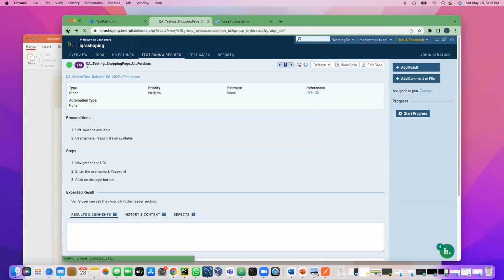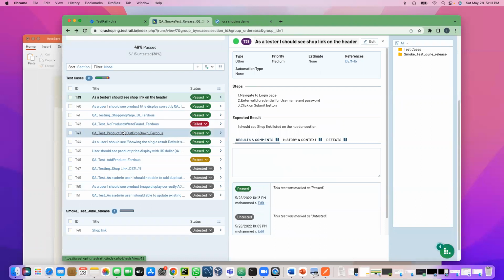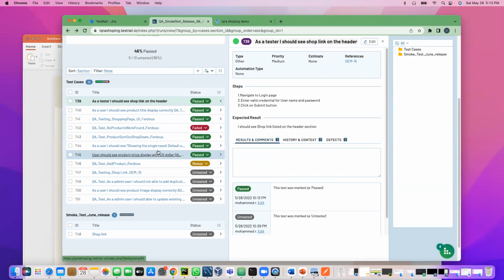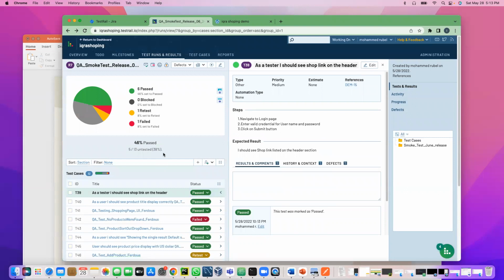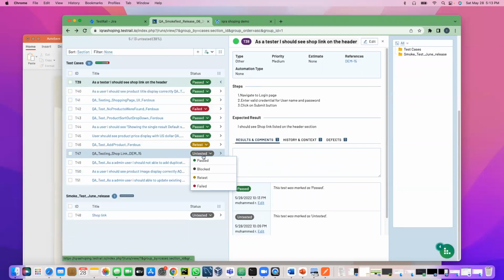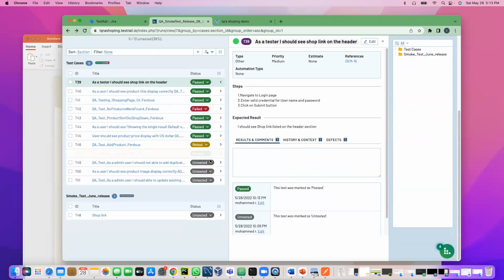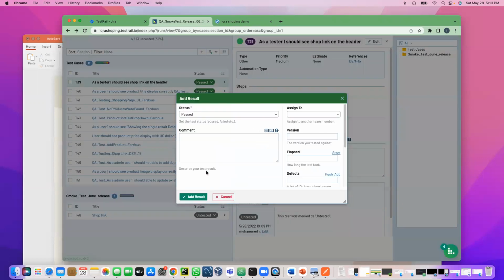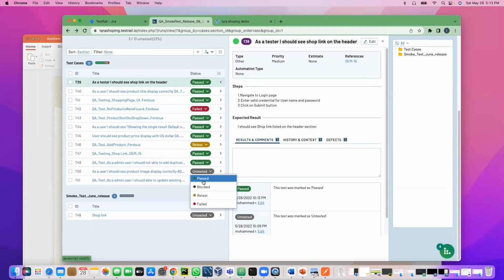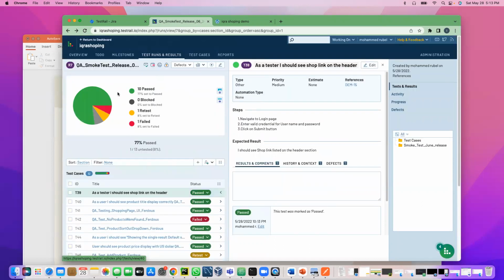As we learned in the previous lecture, each test case is linked to the user story, so the manager can go and check that user story. That is basically how we execute our test cases, a regression test suite or a smoke test suite, in TestRail, and we can monitor